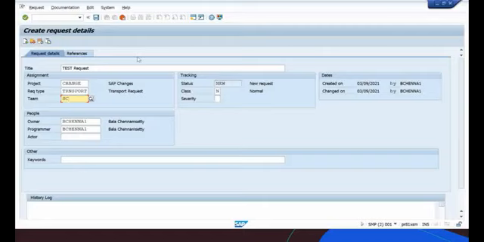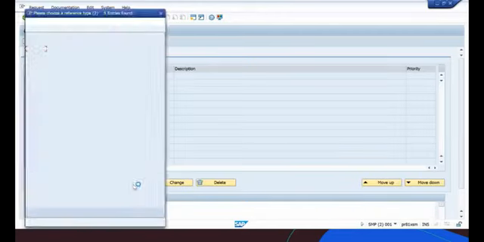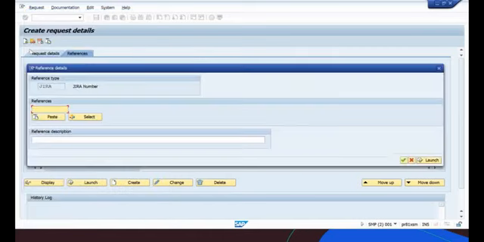Then we have to select the references tab. Again here we have to select the create option. From here we can select the project management tool. The project management tool can be anything, maybe Jira, DevOps or Azure. There you can get the task or user story related to this change.